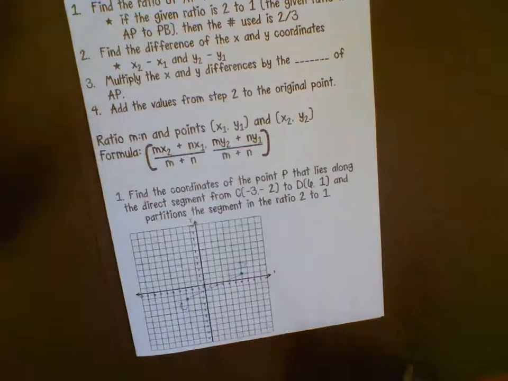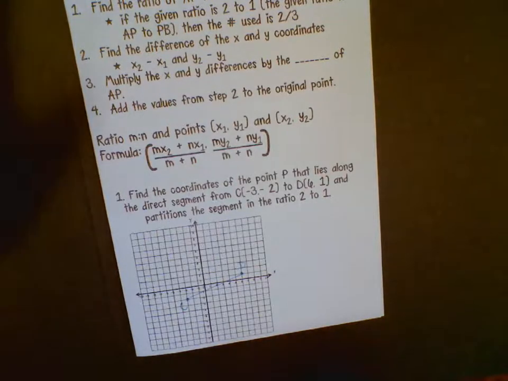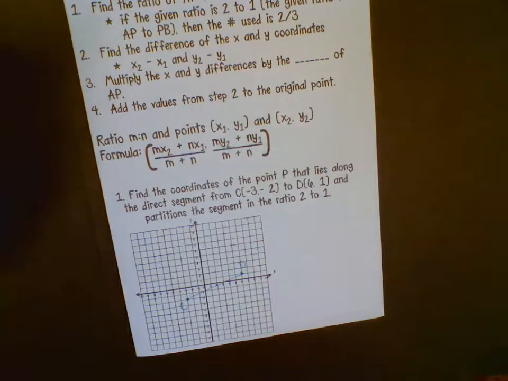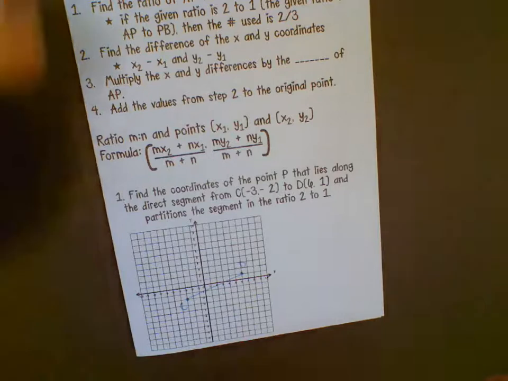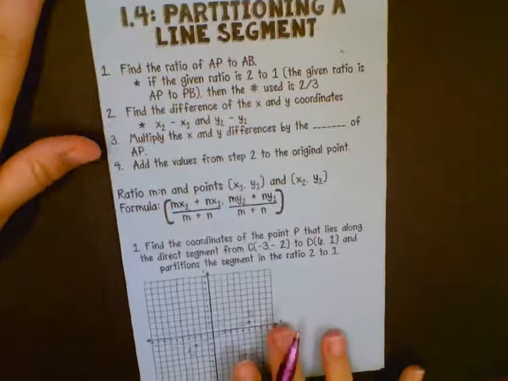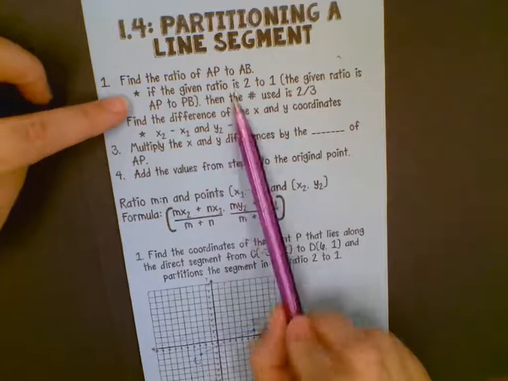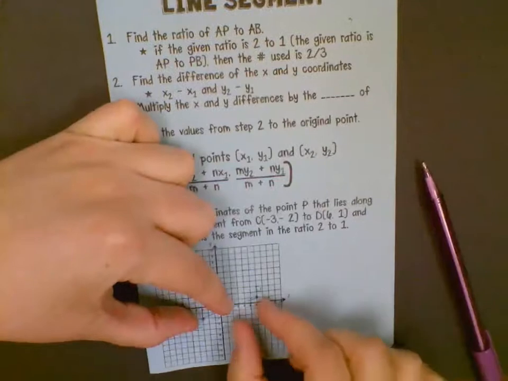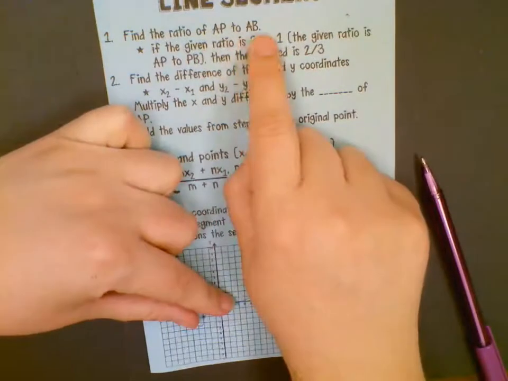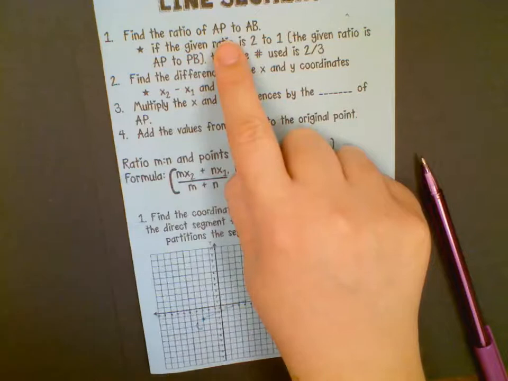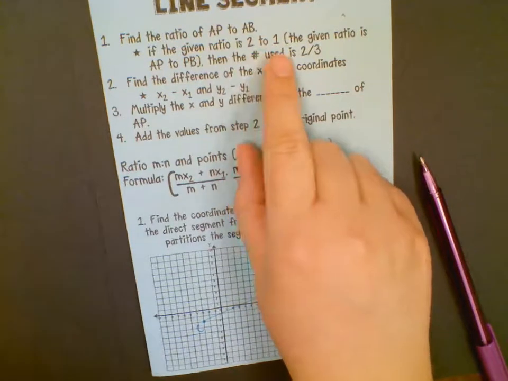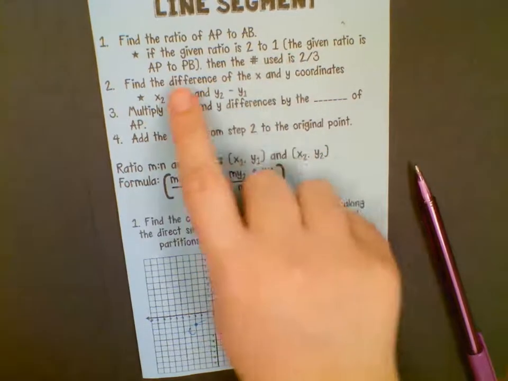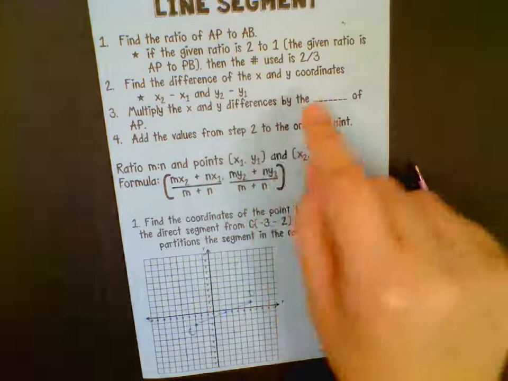Okay, so I know you're probably thinking distance formula, which if the line was horizontal or vertical, we could use the distance aspect of it, but that's not exactly how we're going to do it. Okay, so we're going to start by finding the ratio. So you're going to be given the ratio of the left piece to the right piece. So that's what this is. Okay, so you're going to be given that part. So if they tell you that the ratio of the two pieces is 2 to 1, we need to find the ratio of